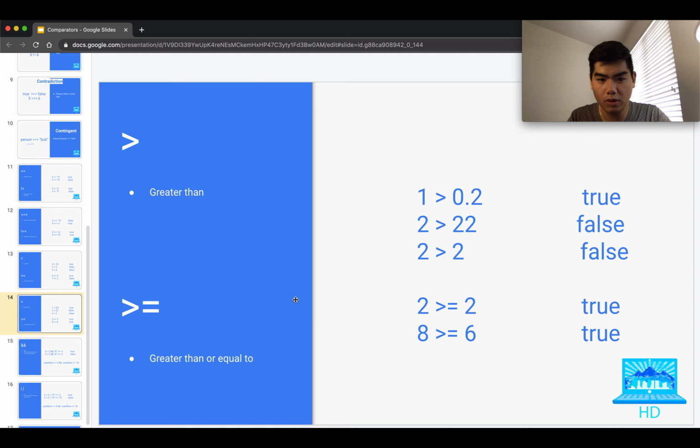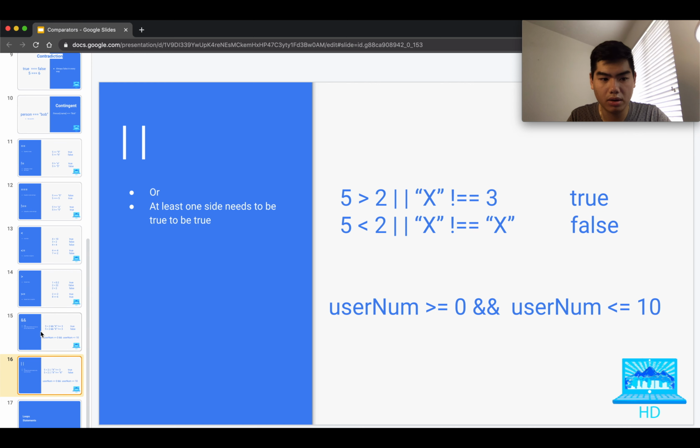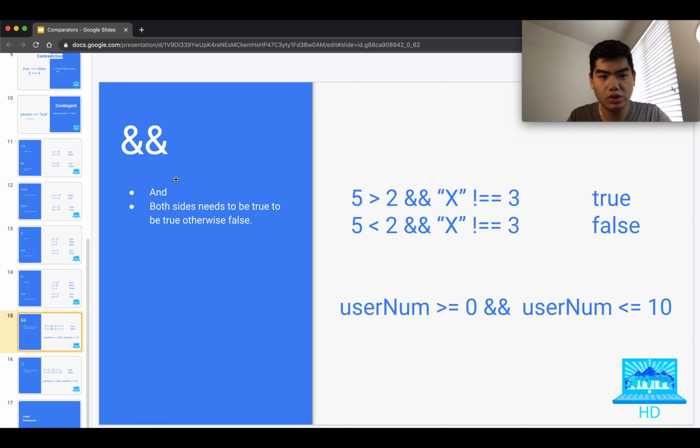So you will be using this very similarly to how you would use the last one. The next 2 aren't necessarily comparators. They're actually something to help with creating comparison logic. And with this, these are the 2 and symbols here. So 2 of these together make an and, the opposite is or. So that means and. Essentially, if we have 2 different comparison statements, both